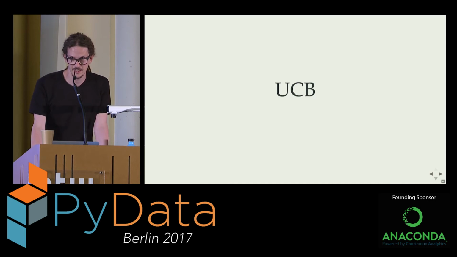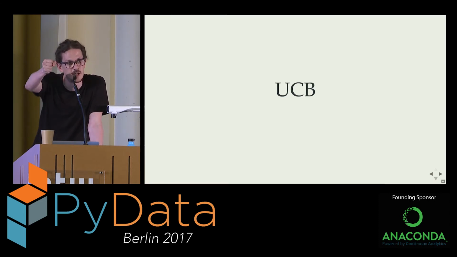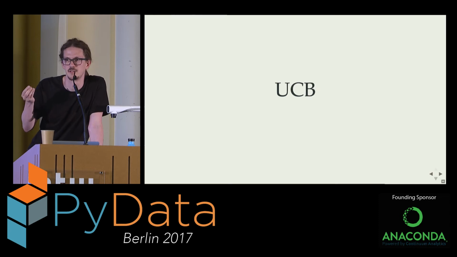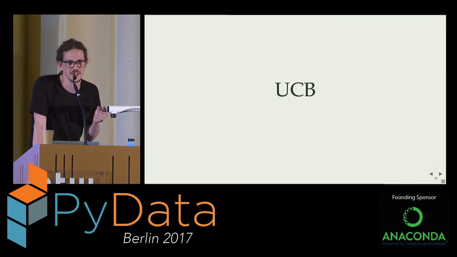And here is such a strategy, the UCB strategy. Does anybody know UCB? A few, okay, cool. UCB stands for upper confidence bound, and that is a family of greedy strategies that select the next arm to play to, in the end, maximize the reward. It's not an optimal policy, but it's a very good one, and you can actually prove that it's bounded, that it's pretty good, basically. Yeah, and it also trades off exploration versus exploitation.